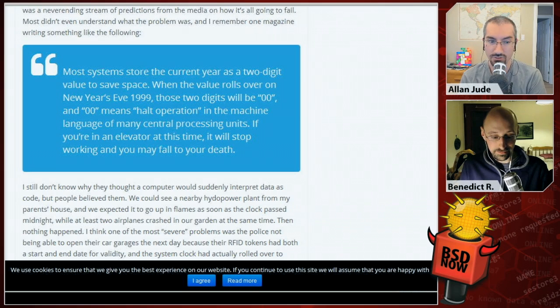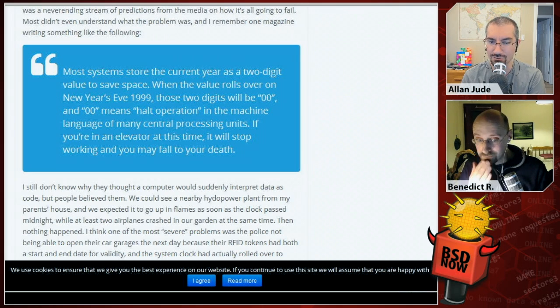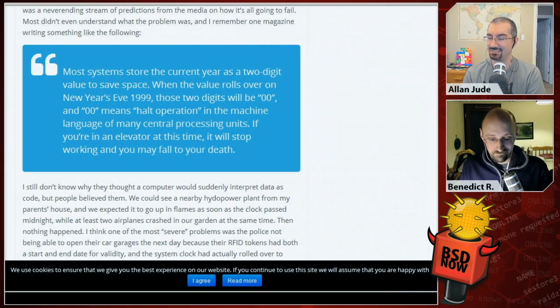Right? So, most systems store the current year as a 2-digit value to save space. When the value rolls over on New Year's Eve 1999, those 2 digits will be 00. And 00 means the halt operation in machine language in many central processing units. If you're in an elevator at the time, it will stop working and you may fall to your death. It's like, really, it's suddenly going to start trying to execute text strings, is it? Apocalypse Now, yeah. I still don't know why they thought a computer would suddenly interpret data as code,